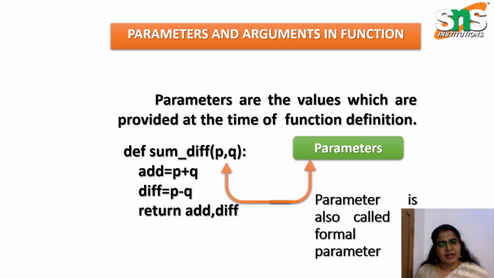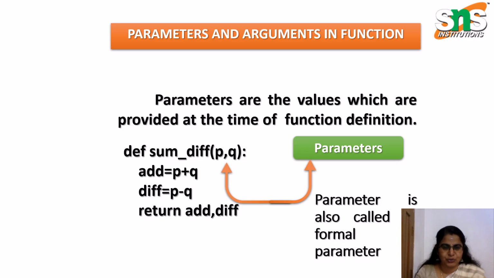So the first thing is the parameter. It is the values which are provided at the time of a function definition. While we are giving a function definition, or when we define a function, we have to pass the parameters here. So here I am going to define a function called sum_diff. I pass the parameters as p, q for this function sum difference, and I am going to add